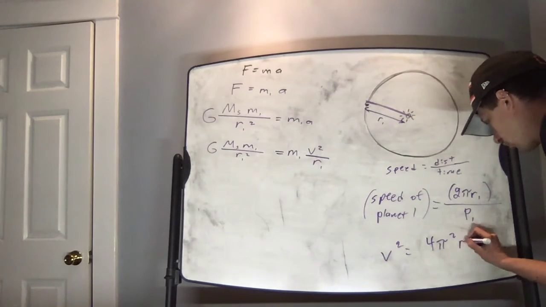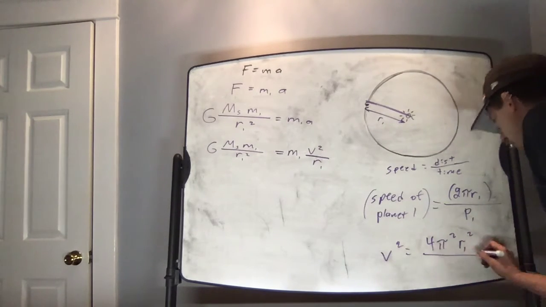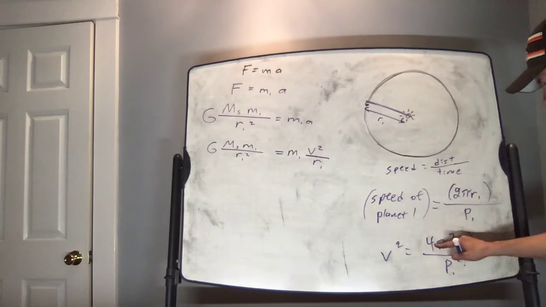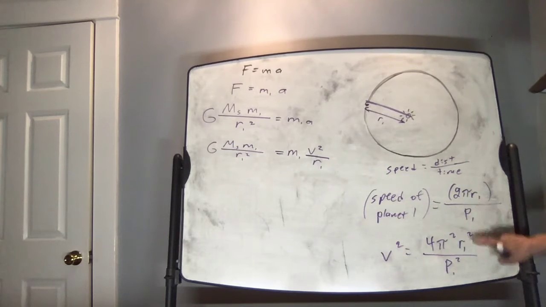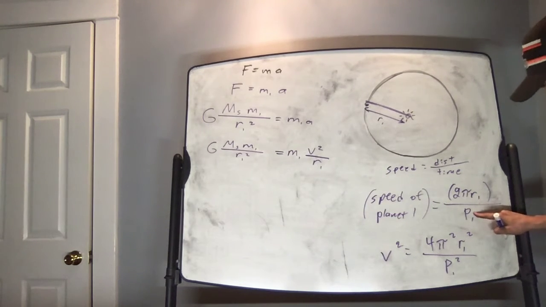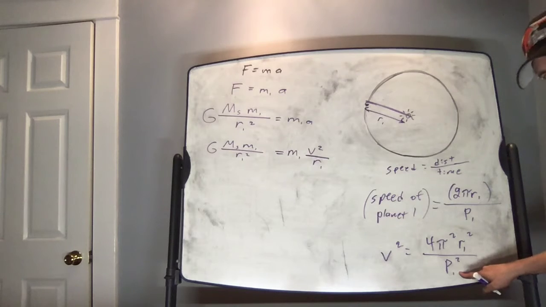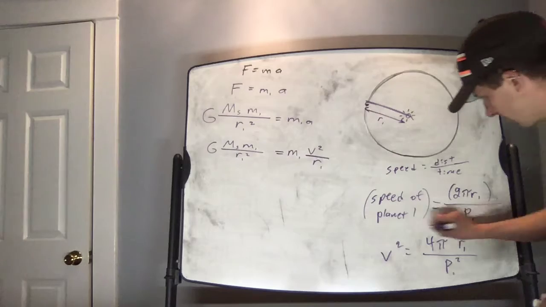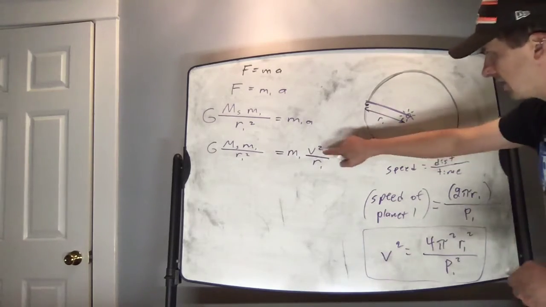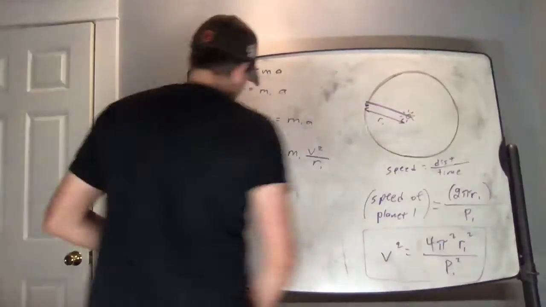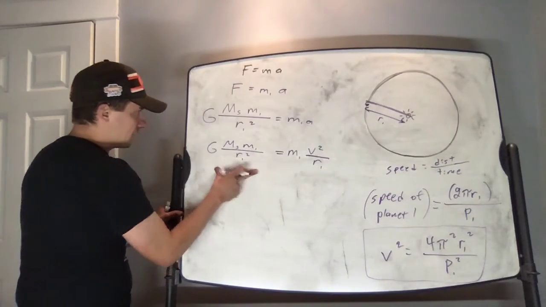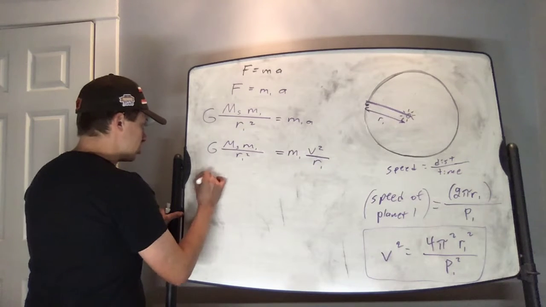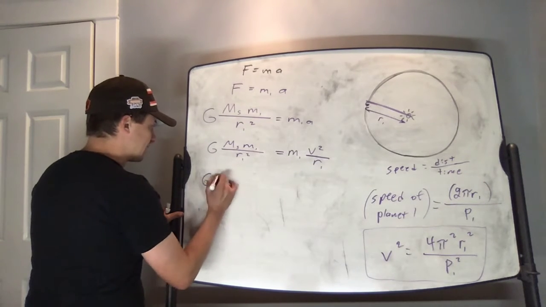R1 will square that, I get R1 squared, and P1 will become P1 squared. 2 became 4, pi became pi squared, R1 became R1 squared, P1 downstairs became P1 squared, all downstairs. So I'm going to take this relationship for v squared, and I'm going to plug it in right up here. So when I do that, the left-hand side of this equation is still going to look the same, and I will have G times the mass of the sun